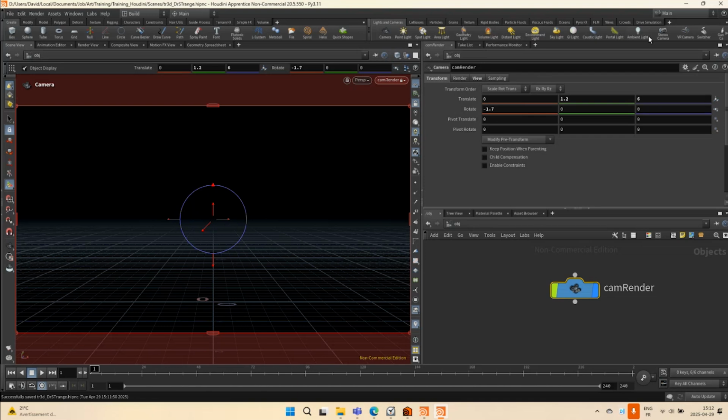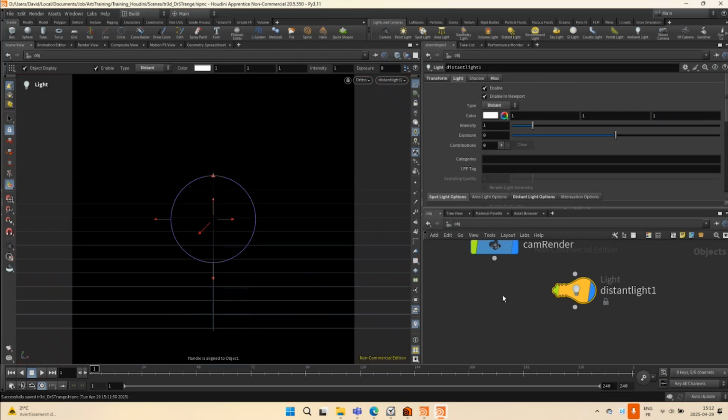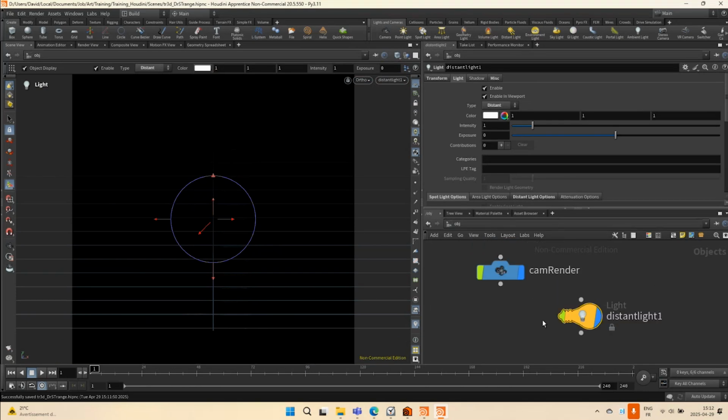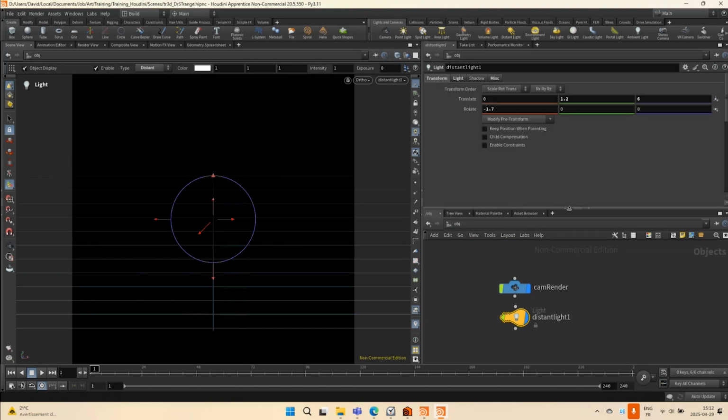So let's continue. We will now create a light. And we have different choices for the lights. We have the point lights, spotlights, etc. And the light we will choose is a distant light. So click on the button, and as soon as you click on the button, we go in the point of view of the light, like if the light was a camera. The light appears in the network editor,